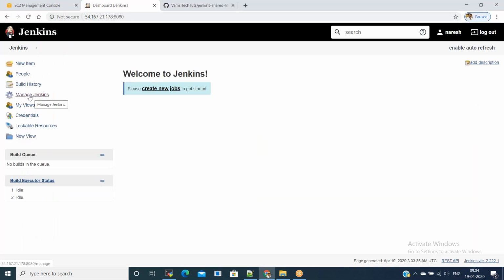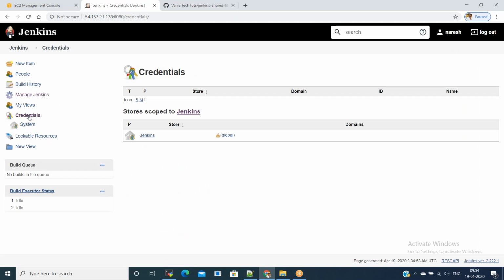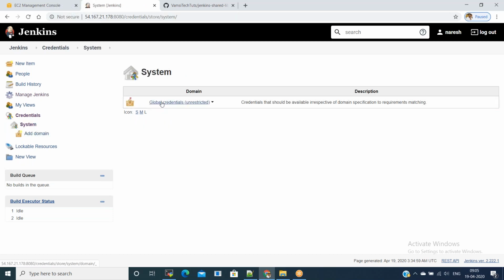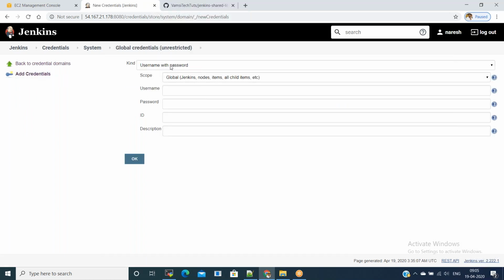For that, go to the Jenkins UI, click on Manage Jenkins, click on Configure Credentials, or you can use credentials directly. Click on the storage scope Jenkins and click on global credentials and click on Add Credentials.